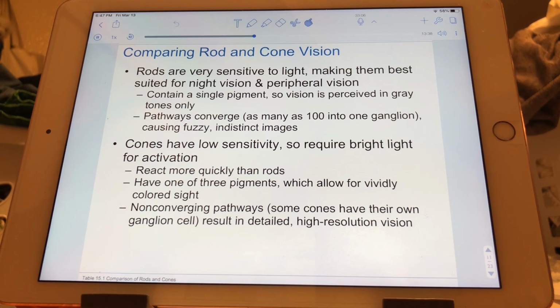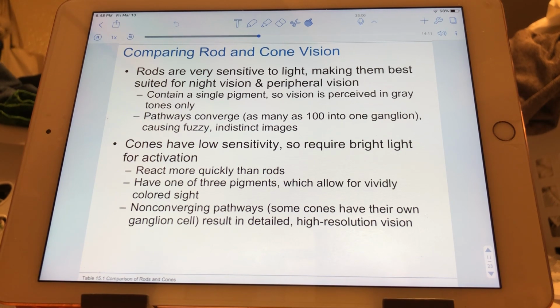They only function in producing like grayscale images, okay? The pathways or neurons of rods tend to converge ultimately on ganglion cells, and we can see as many as 100 rods converging ultimately on one ganglion cell, and that's why rods generate fuzzy, indistinct, poorly resolved images, whereas